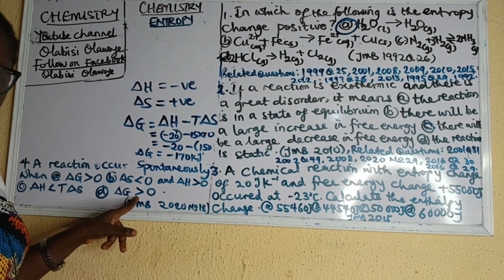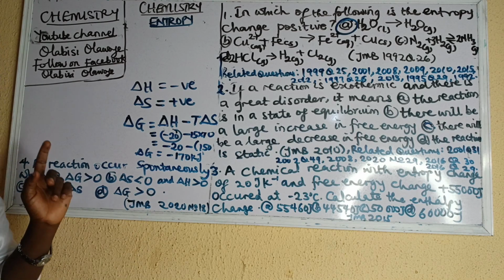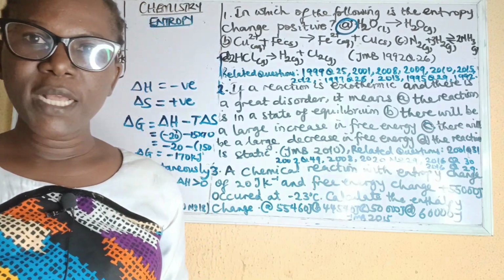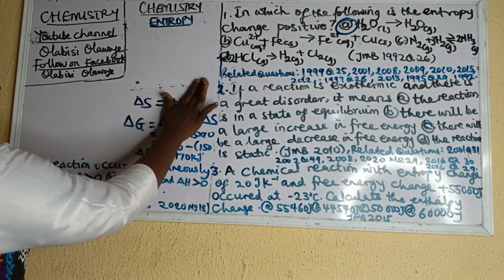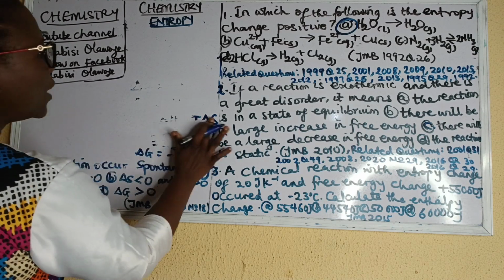But let's check the last option. If the free energy is greater than 0, the reaction will not be spontaneous. It means it requires a great energy for the reaction to occur. So the best answer here is option C. The last question